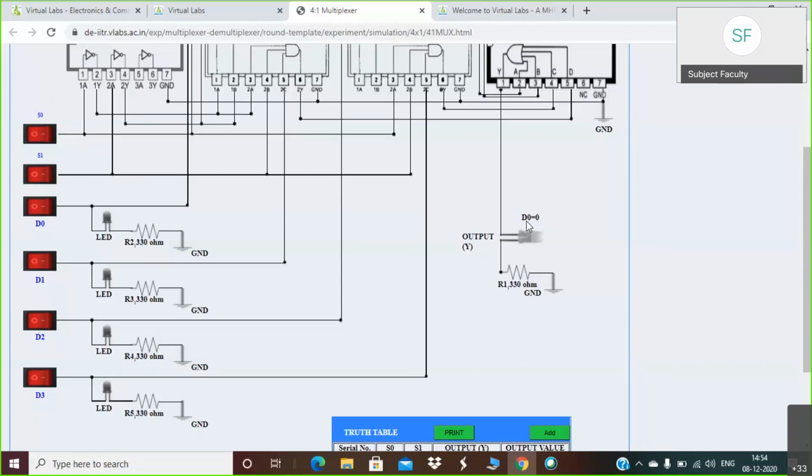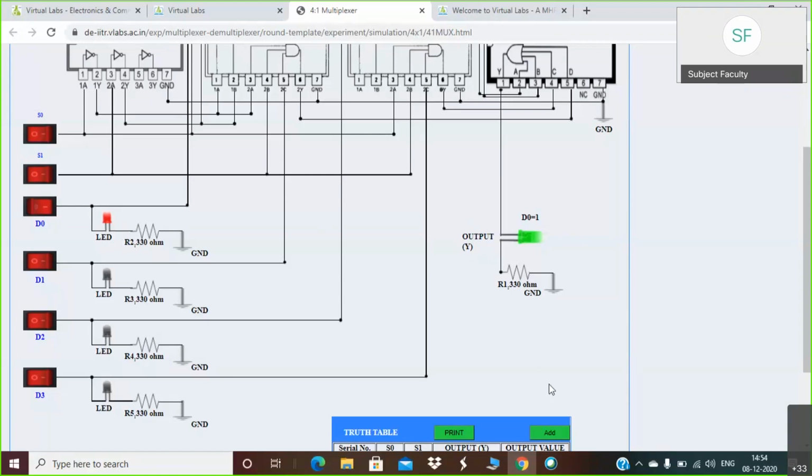That means currently D0 is selected at the output and D0 is at value 0 because its LED is off, so the output is also off. Now I am making this D0 as 1. You can observe this D0 LED has glowed. Similarly, the output LED is also on.